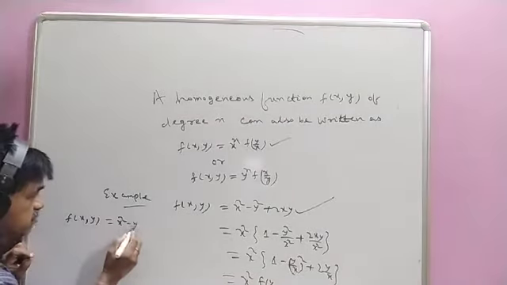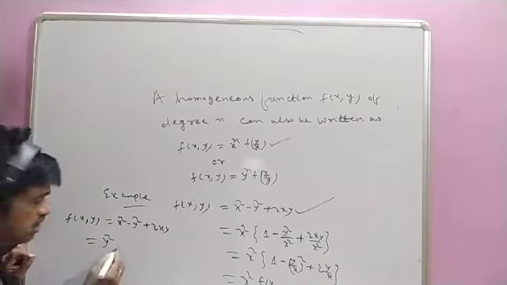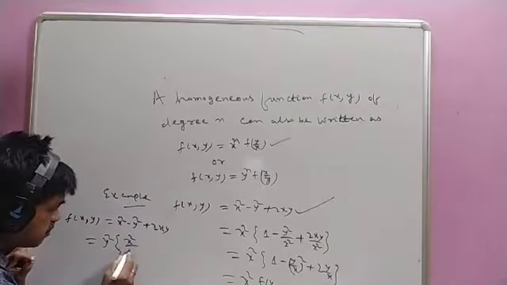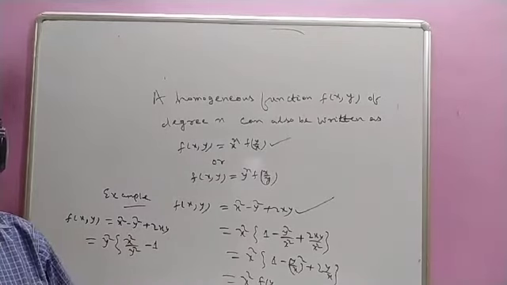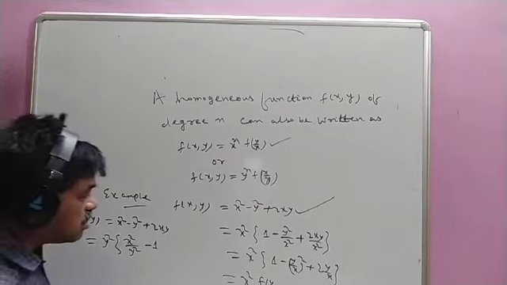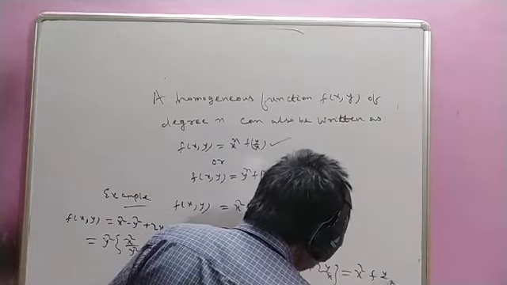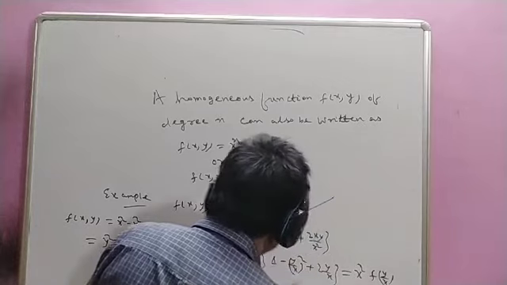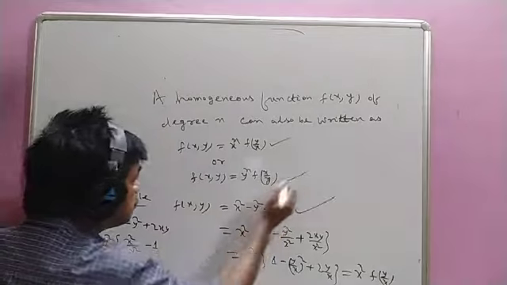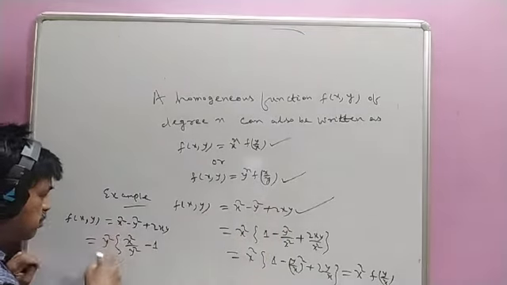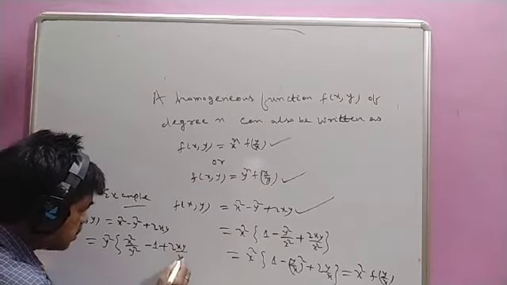Okay, so this you can write: f(x,y) is x square minus y square plus 2xy. So here you take y square common. Then what will you get? This is x square by y square minus, what? y square by y square is what? 1. Are you clear? Not clear? This one not visible. Here you write x square into function of y by x. Now discuss this one again in this form. Here you take common y square, so this by y square, and this will be 2x by y.